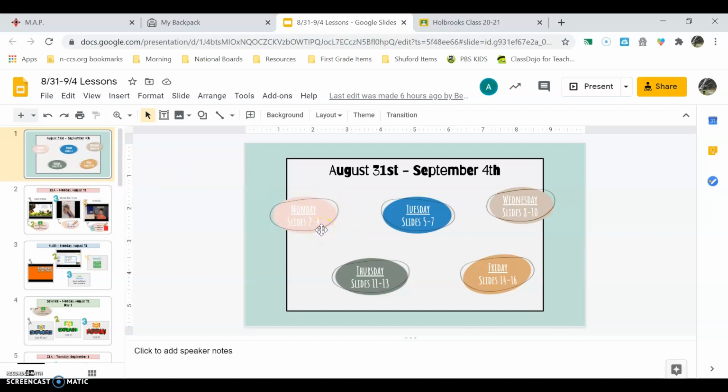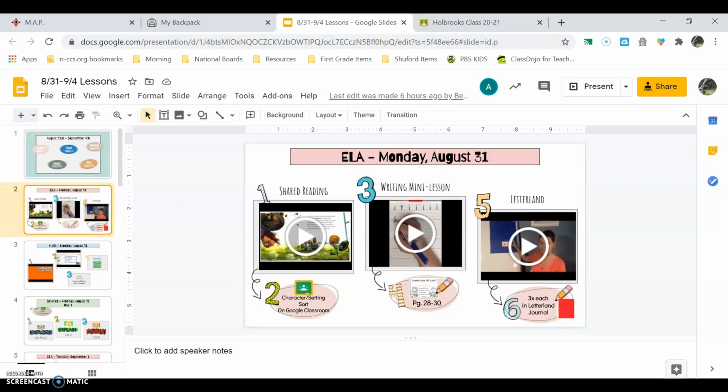whatever day. So if you are remote on Monday, Tuesday, then you click on those days. Same thing if you're remote on Wednesday, Thursday, you click on those days. And for all of our remote students, you will click on each day. But I'll tell you what slides to go to. So Monday slides 2 through 4, etc. So on 2 through 4, what you're going to find,